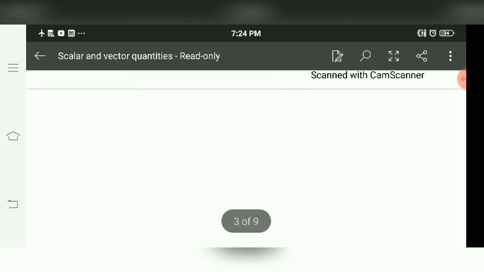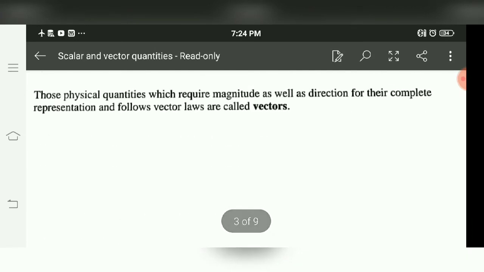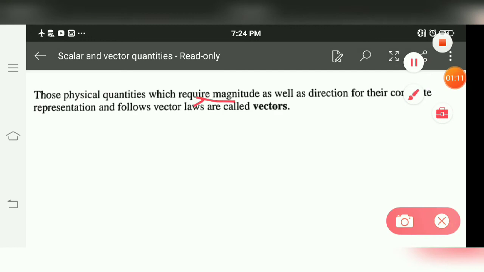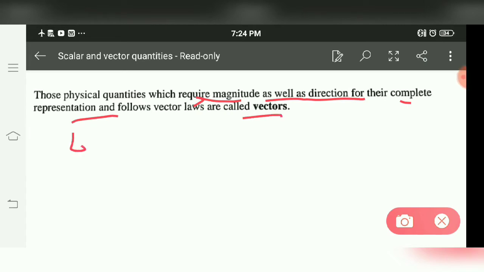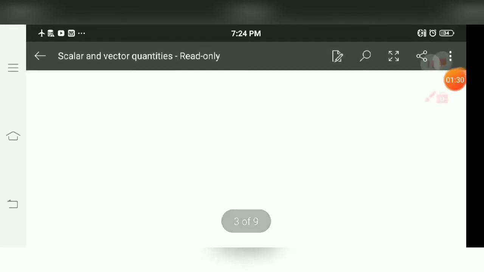Now next is vector quantity. Vector quantity means those physical quantities which require magnitude as well as direction for their complete representation. These are called vector quantities, and these quantities follow vector law of addition. For addition, they follow vector law of addition. So indirectly we can say that vector quantities are those quantities